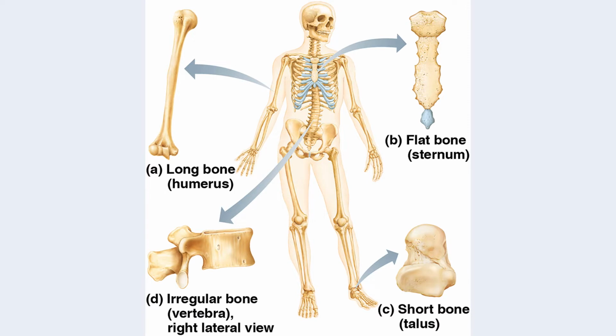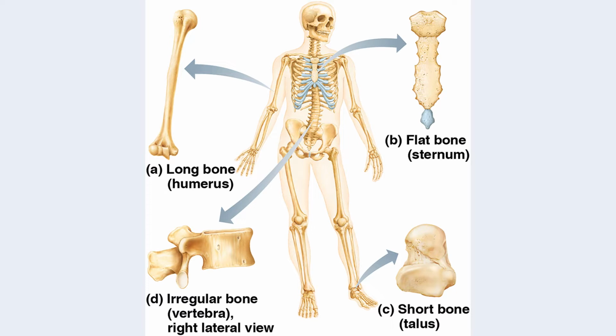And here's just an image displaying some examples of some of those bones. So you have your humerus bone. Here in image A, it's a long bone. So your humerus is, you can see it's that top bone of your arm, kind of why we call the elbow the funny bone. It's humerus. B is your sternum. It's right in the center of your chest, and that's a flat bone. So again, it has those 2 layers of compact bone